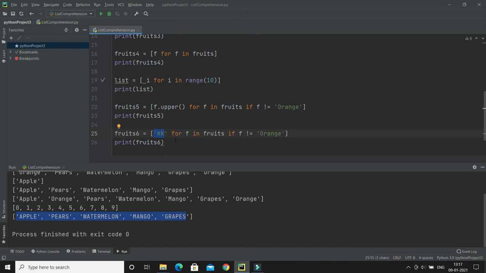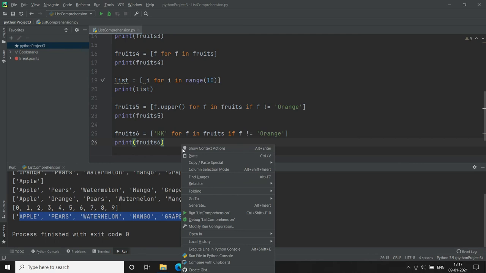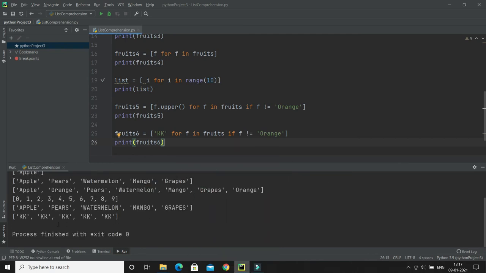So what happens is this loop will be executed with this condition, and it was supposed to return 5 elements, but all the 5 elements will be replaced with kk. That's how it will work. Here you can see all the 5 elements have been replaced with kk, because I have hard coded the string literal kk over here.